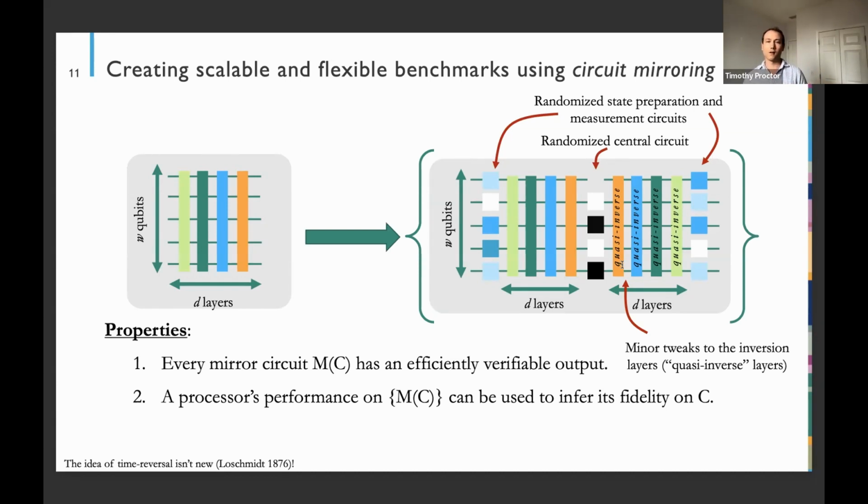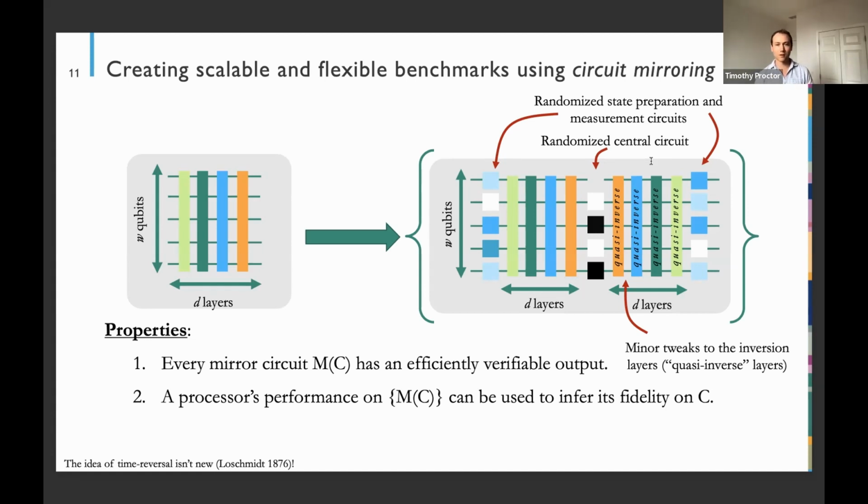And so if you had Clifford circuits, so this circuit just contains Clifford gates, then in the middle, you can insert just a layer of random Paulis, and then your quasi-inverse is just the inverse. You just invert your gates, and that whole thing is a Clifford, random Pauli, inverse of the Clifford. That just composes to another Pauli, and then the state preparation and measurement are just uniformly random local Cliffords, and that whole thing composes to a Pauli that we can easily compute,